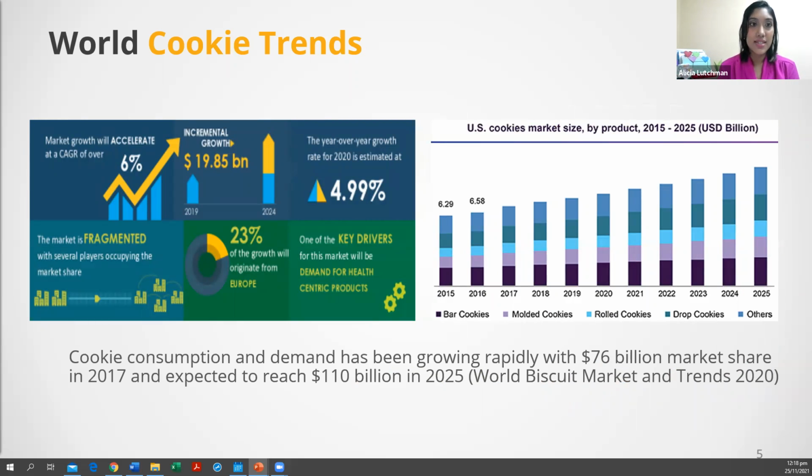So why is this relevant? Lately, the world cookie trend has been on the rise. Cookie consumption and demand has been growing rapidly with $76 billion market share in 2017, and it's expected to reach $110 billion in 2025. So what we have is an overall net increase of 5% with each year